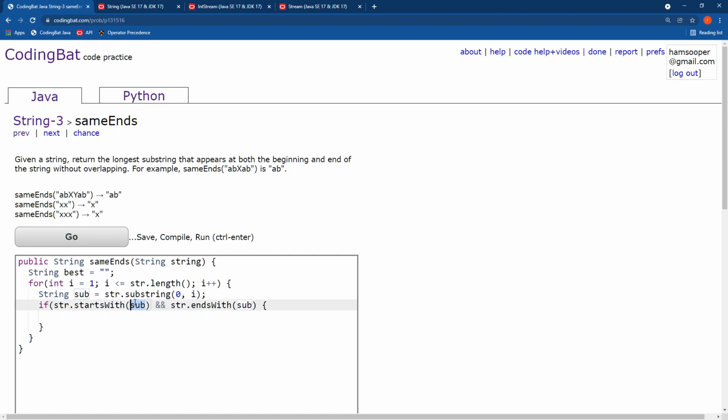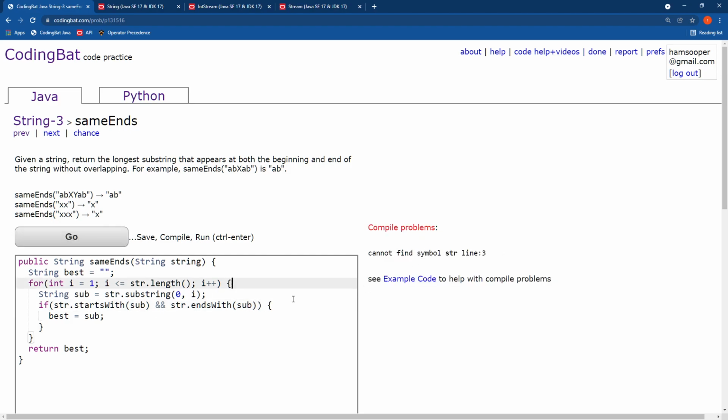So if I find a new substring that the string starts and ends with, I'm going to update my best to now be this substring. And when I'm done updating best, looping through all the possibilities, I just return the best. Now there's one thing you might be concerned about, and that is that it said non-overlapping. And right now, if I were to run it on this here, it would actually give me XX, I believe. I can actually test this, and we can see if I put my parentheses in place,